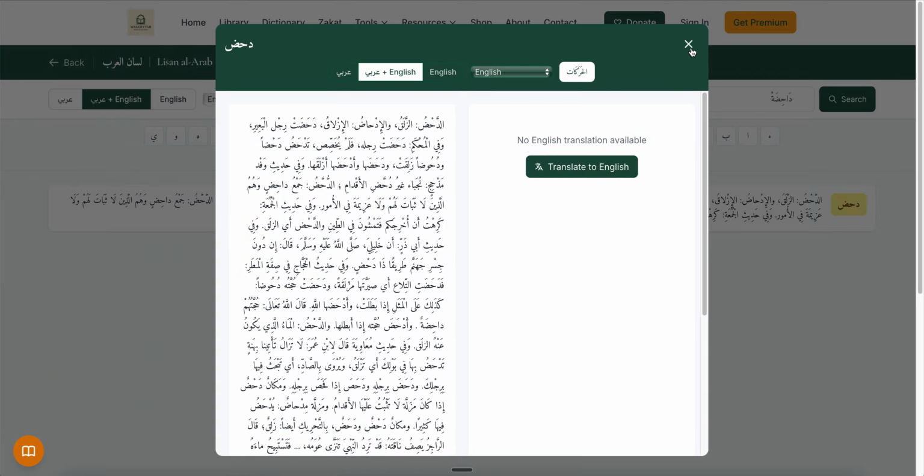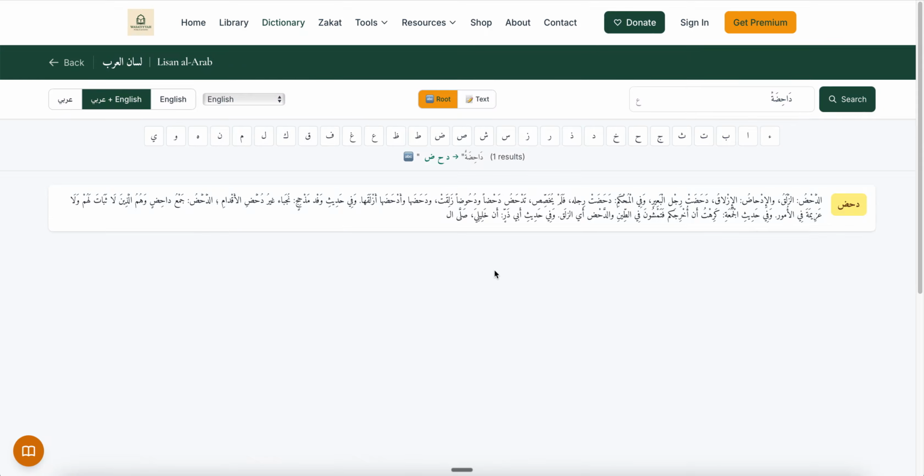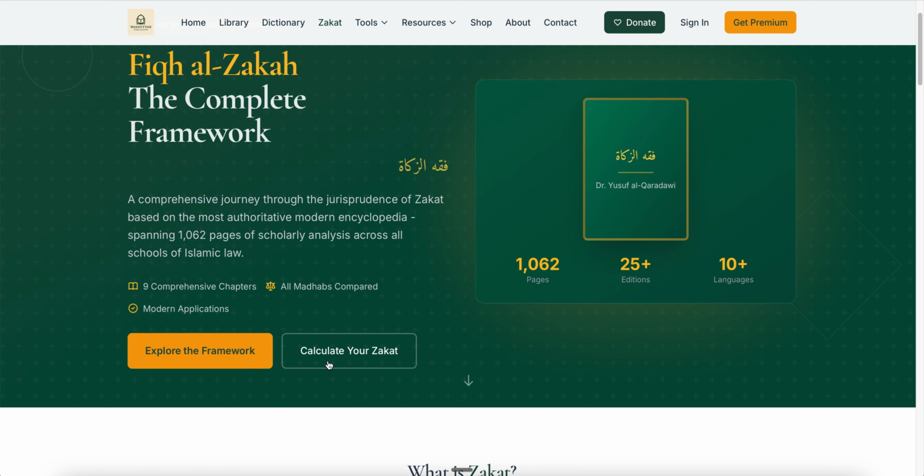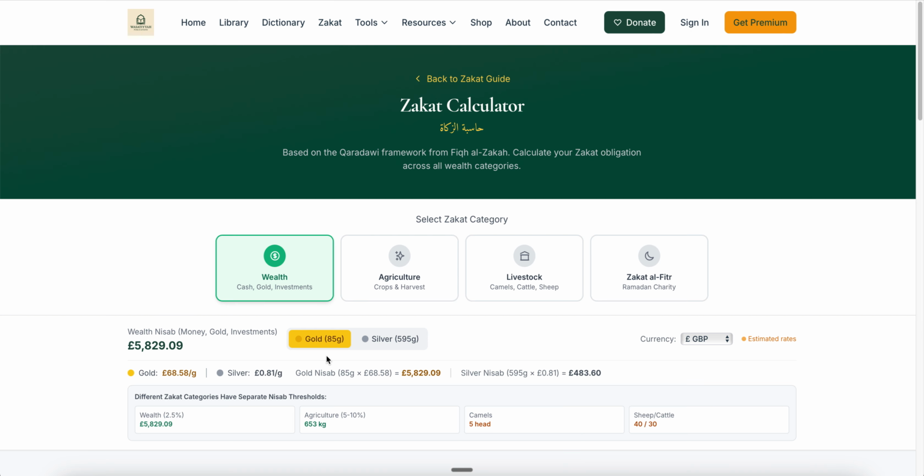So that's for the dictionary. These are the main features, but there are lots of features I haven't told you about in this video. Before I finish the video, let me quickly show you this as well. It's called the Zakat Framework. It's based on the book by Dr. Yusuf al-Qaradawi, rahimahullah. We converted the book into a framework, and we have an actual Zakat Calculator,